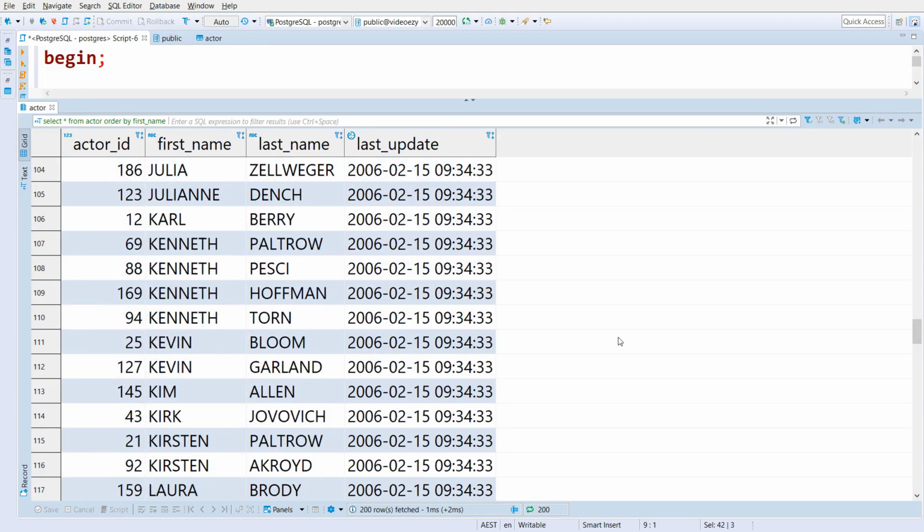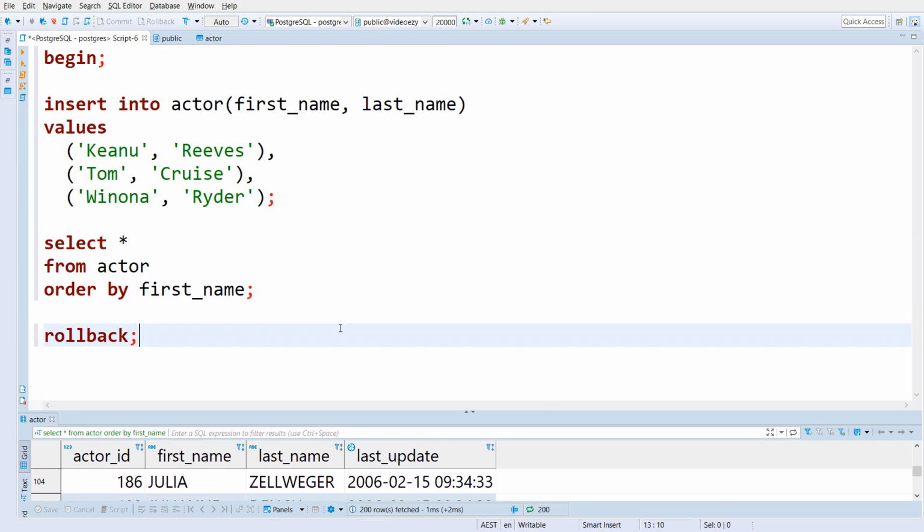He's gone. Because we only performed that change within the transaction and then we rolled back that transaction, the change never happened, which is exactly what we wanted in this case. So working within a transaction block is a really safe way that we can experiment with changes in the coming videos. Okay, getting back to focusing on the insert statement,